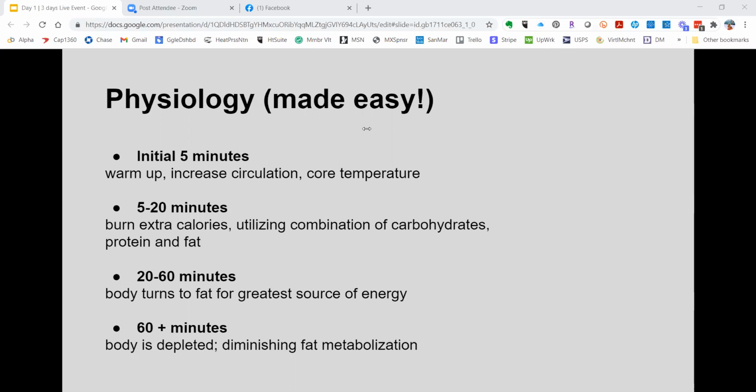And there's a couple different ways of measuring the intensity. So maximum heart rate is 220 minus your age. And to that number, you're taking 60 to 85% of that, and that is your target heart rate. So you need to be at least 60% of your maximum heart rate to get cardiovascular benefits. But when you get over that 85%, you're getting into an anaerobic threshold portion.